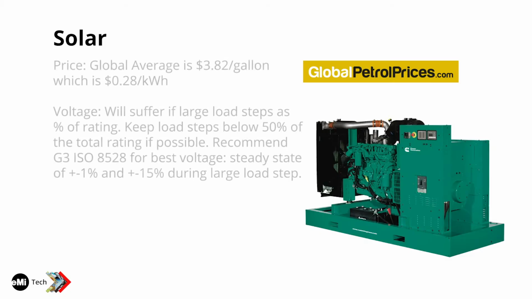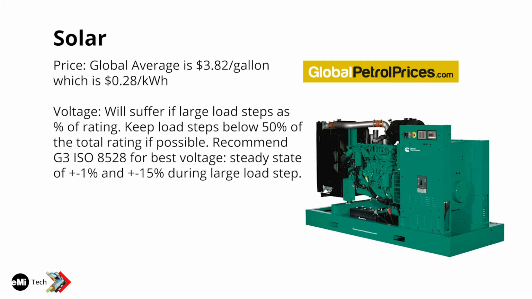The global average price for diesel generators is $3.82 a gallon, which comes out to 28 cents per kilowatt hour. What we really care about in the electrical mind is what is the dollar per kilowatt hour. That's how much you're actually paying for the energy. And so our spreadsheet has all the factors in it. All you have to know is what's the price per gallon, enter it in the spreadsheet, and then it'll tell you what the dollars per kilowatt hour is. This can be variable. I saw countries that are way lower, way higher, but this is the average, and a lot of places we go, it's in this ballpark.